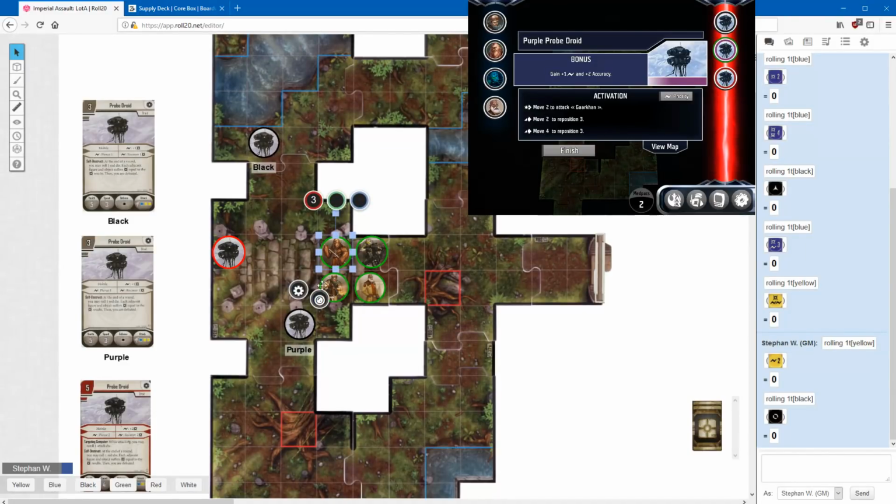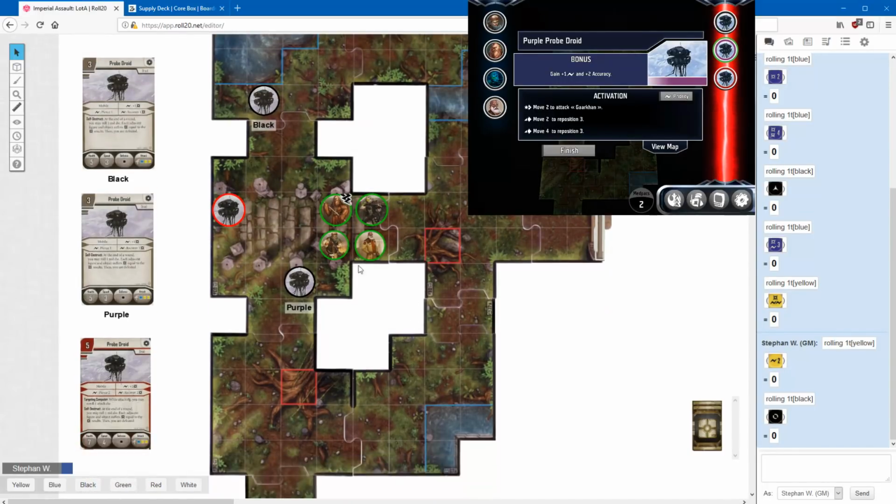Gaarkahn is focused now, which means at his next attack or attribute test, he actually gets a bonus green die, which is very powerful actually. So, with that in mind, this guy moves on to his second action, which is move 2 to reposition 3. Reposition 3 means he tries to get away 3 spaces from every and all rebel figure. So in this case the nearest figure is Fenn,